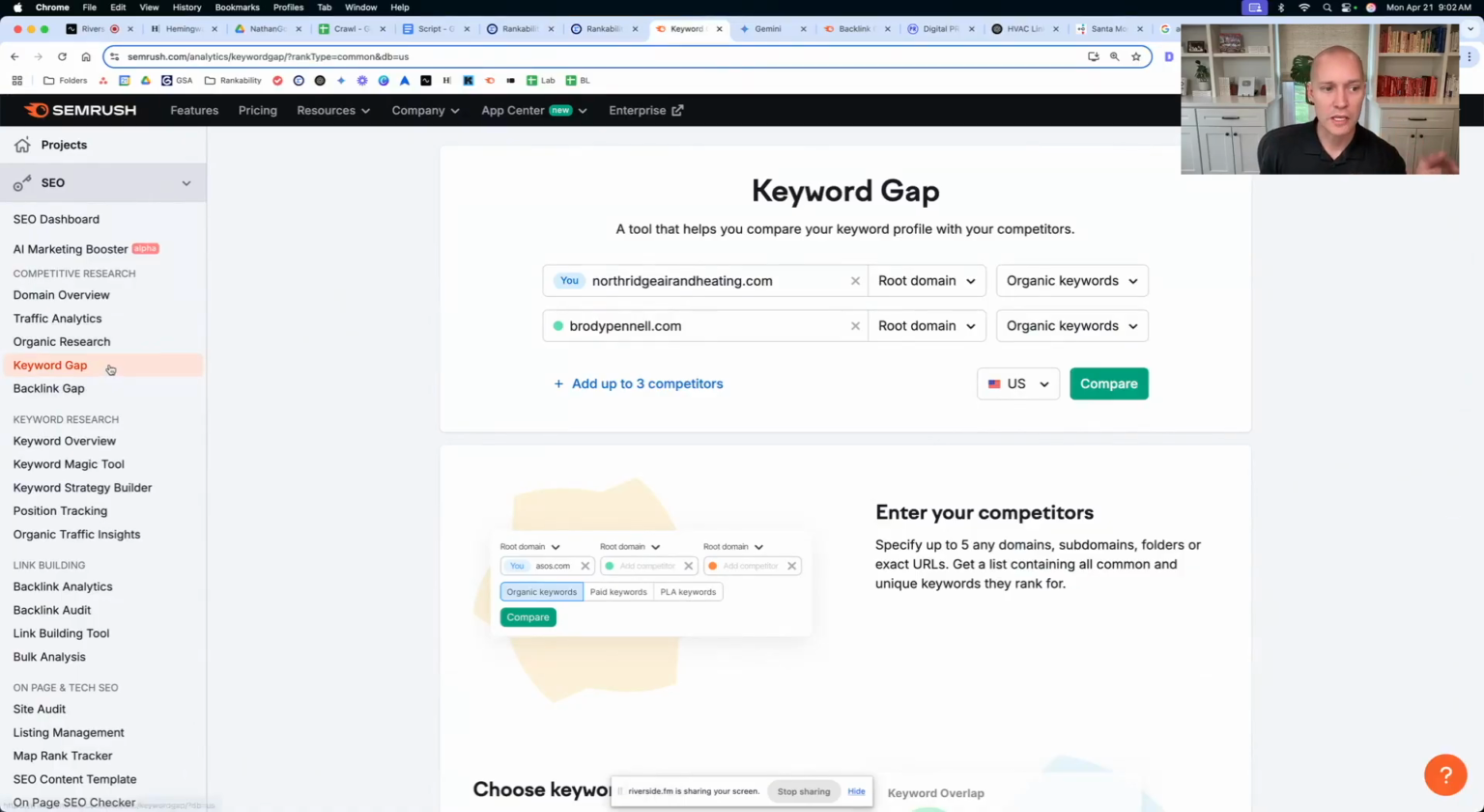And now let's move on to SEO tool number 2, which is SEMrush's keyword gap tool. While you're in SEMrush, just go to the keyword gap tool here. What you're going to do is enter your domain or your client's domain, and then enter one of their top competitors. We're going to put those in and then click